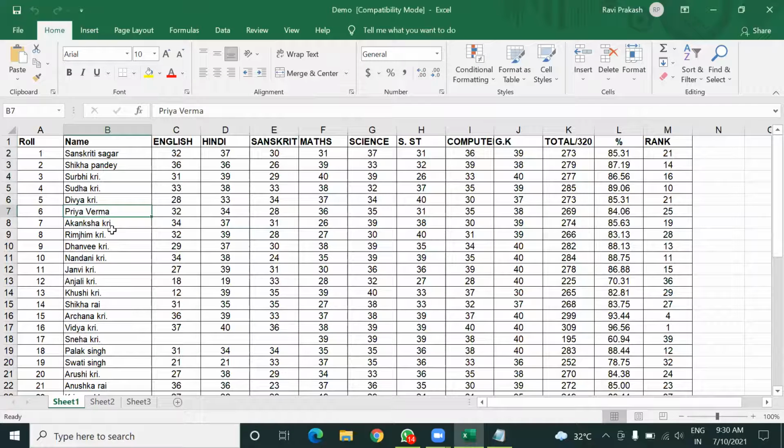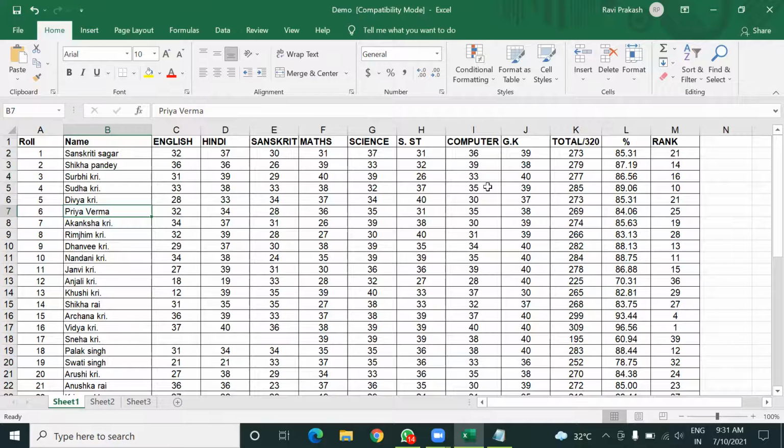For example, here in this database, if you want to display the names of those students who have got more than 20 marks in English subject, so those names that will appear after filtering. Okay, so those are your filtered data. Means with the help of filtering, you can extract particular data according to certain condition from your given database. Understood, everyone?